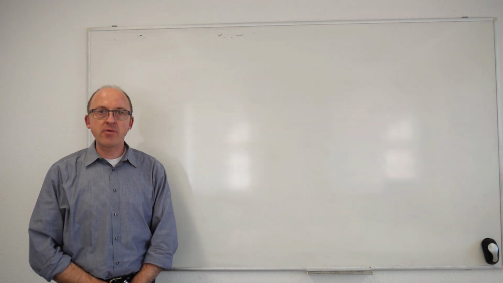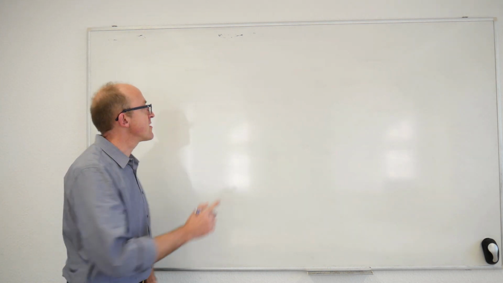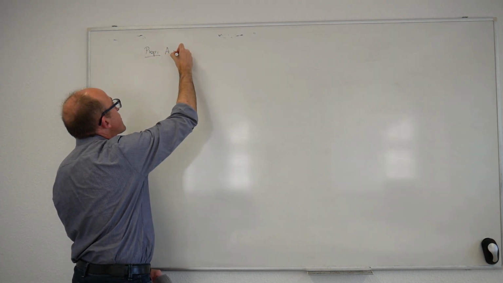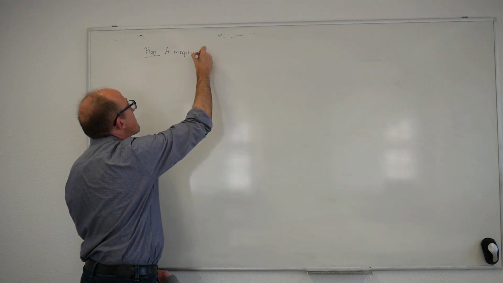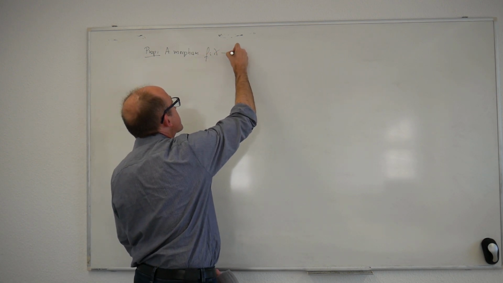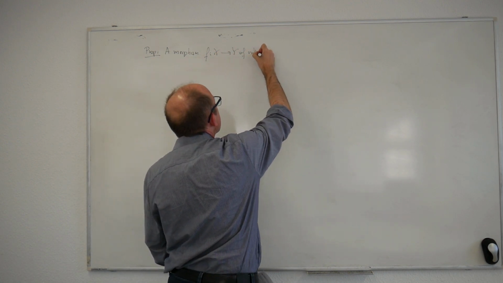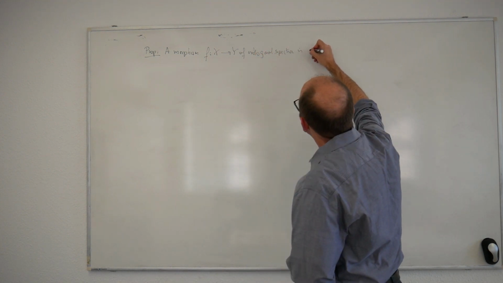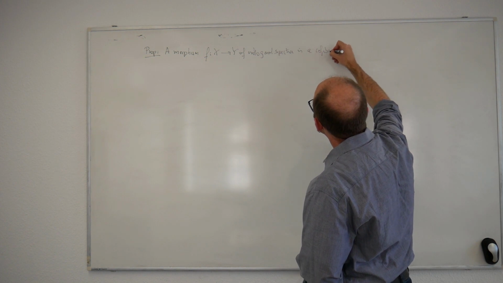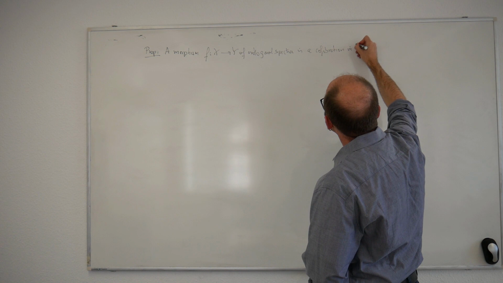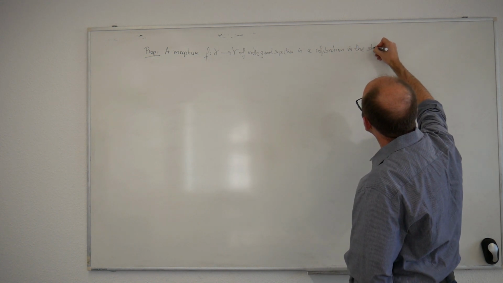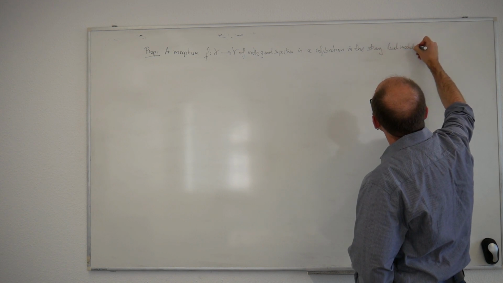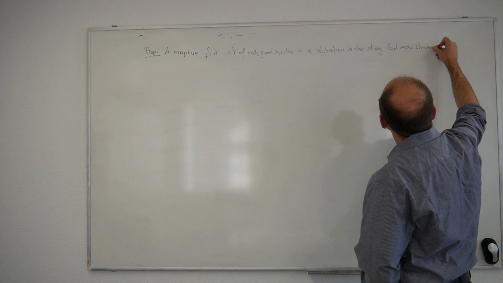The next proposition explains why we care about latching morphisms. A morphism of orthogonal spectra f from x to y is a cofibration in the strong level model structure if and only if